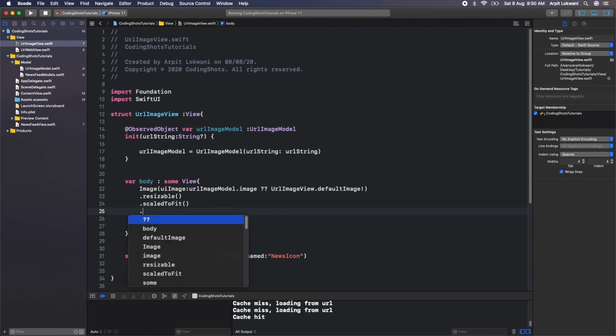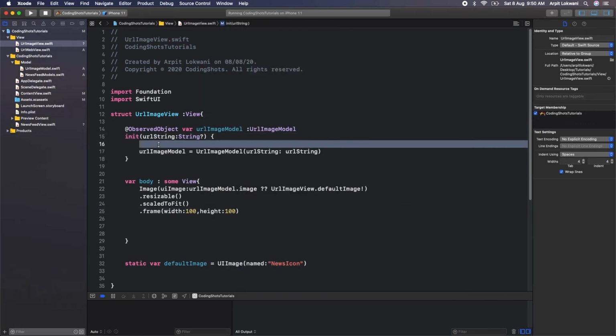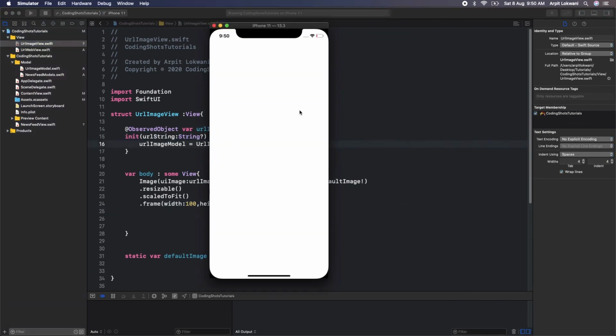And we can say frame width should be, I can say 100, and height should be, I must say 100 will be fine for us, right? And align it properly so it looks good. So let me run it again now. Let's see. I think this time it should work fine. So hopefully it's very easy to understand. It's a very basic concept which we did. So yeah, it should work fine now.